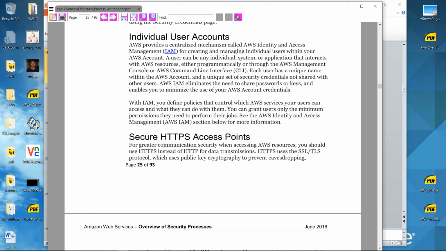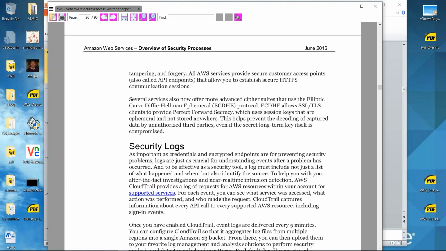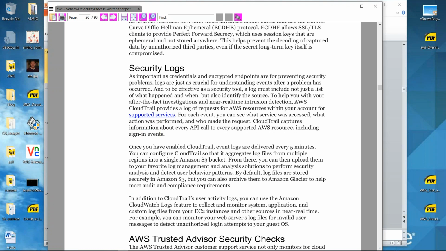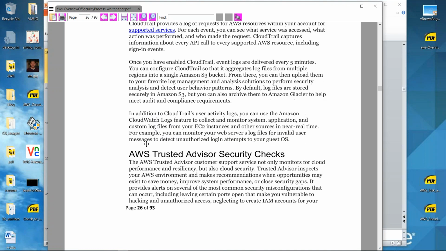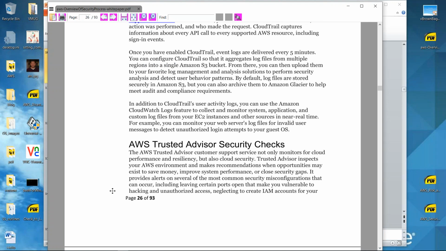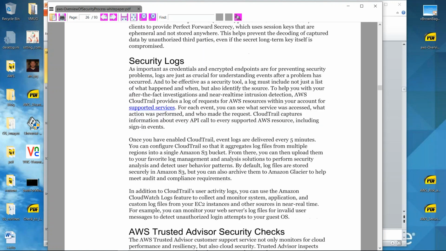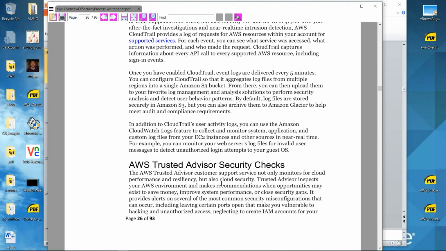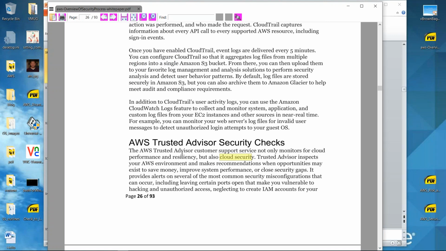Then let's move on to the security log. This is one of the exam objectives, the Trusted Advisor security check, because the security check is not only for performance or resiliency, but if you look at this description, it's also for cloud security. Some of the Trusted Advisor elements are free, some are not, and some of them you have to pay for, but at least this describes how the Trusted Advisor provides